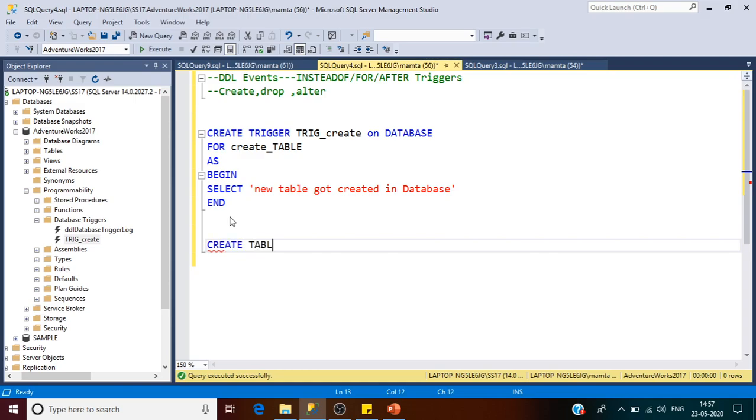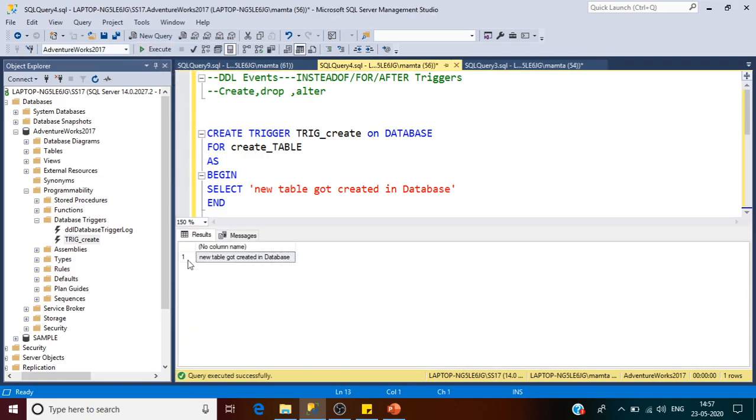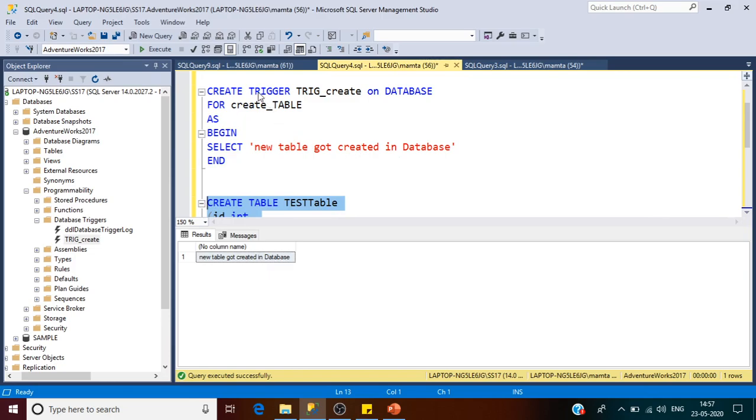So let me create one random table, let's say test table, with a name column as varchar 10, and go. I'm creating a random table inside this database, and see, we got a message: new table got created in database. We have not executed this trigger; it got invoked automatically when we created this table.